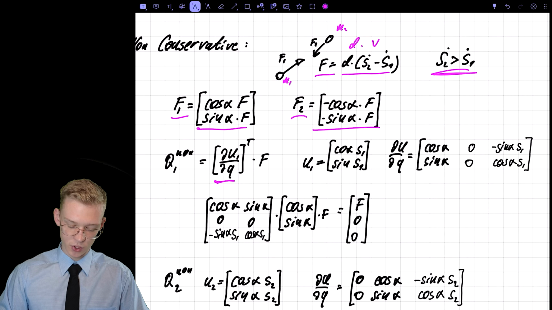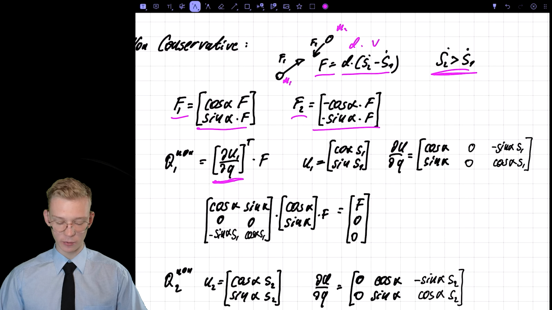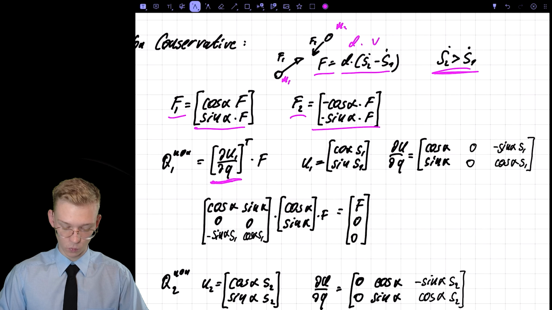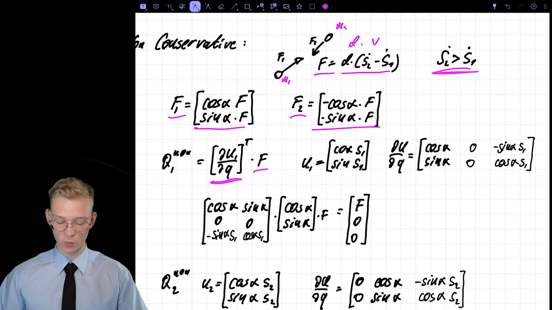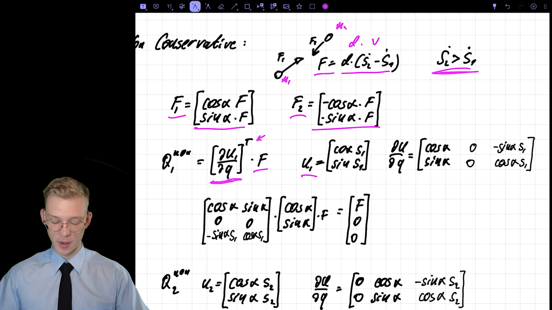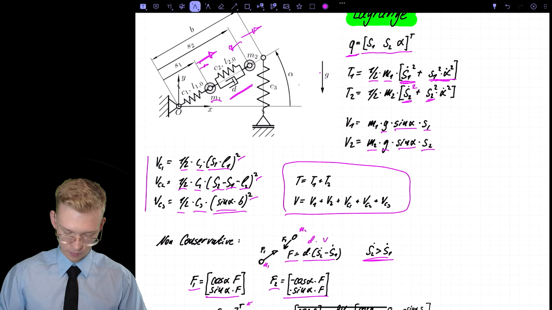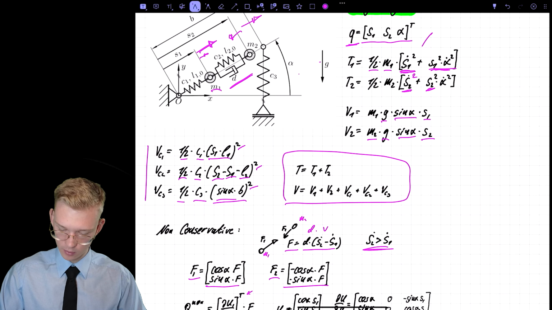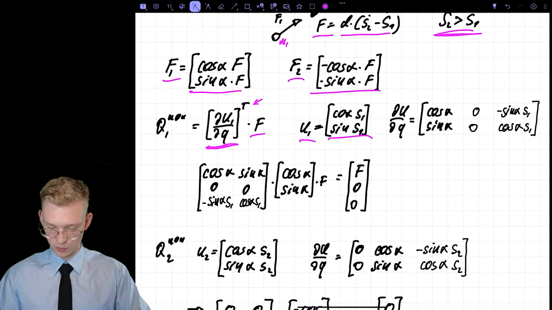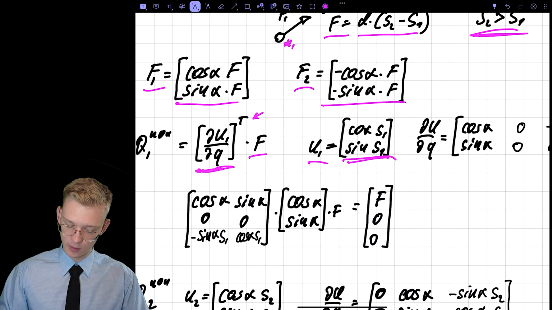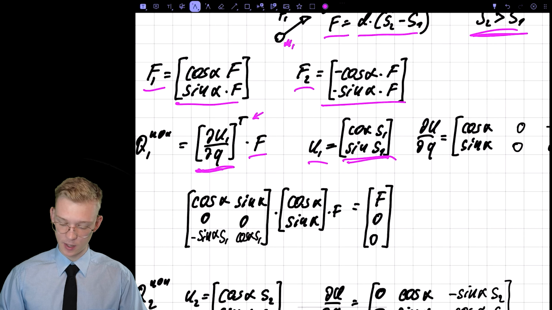Then we have to do the projection. We have to get the position of mass 1 where the force is attached to. So it's du1 dq, and multiply it with our force. So then don't forget the transposed. So the position of mass 1, that's where we had the cosine and the sine before. This is right from, we used it here. But if we do it in a full expression, we have cosine alpha and sine alpha S1.